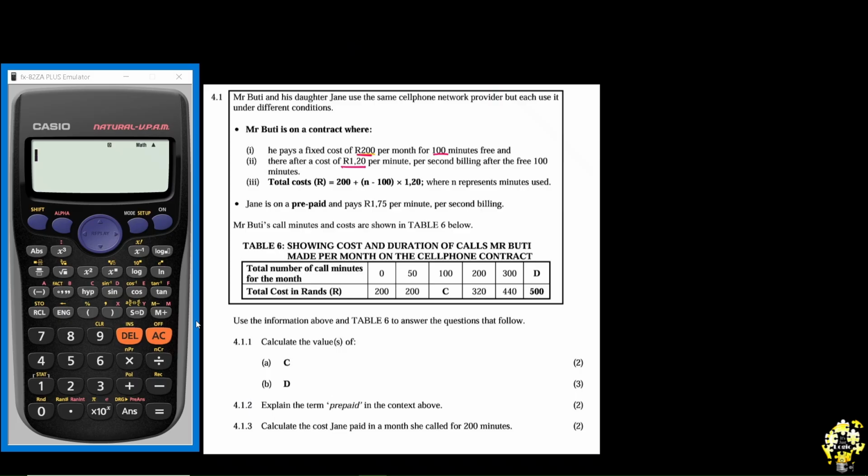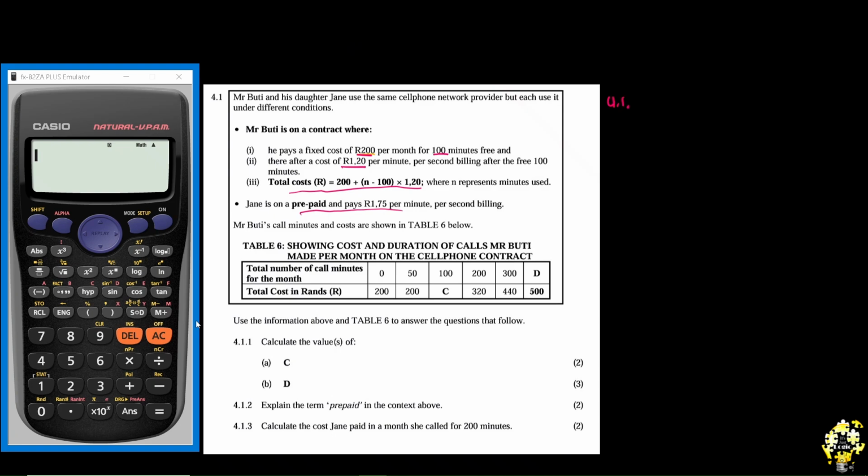So they gave us the cost structure for Mr. Booty's condition. And we're also told that Jane is on a prepaid. So Jane is like, you know what? I'd rather pay for whatever I'm using at the particular time that I'm using it. So it's 1.75 per minute. So let's come here. We have this table,